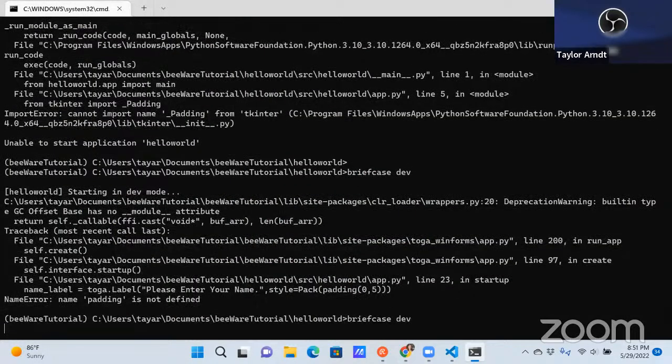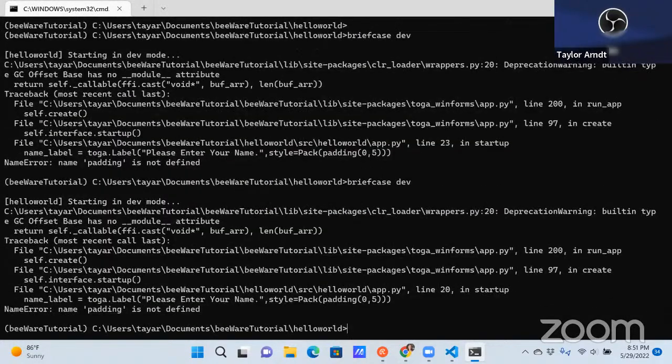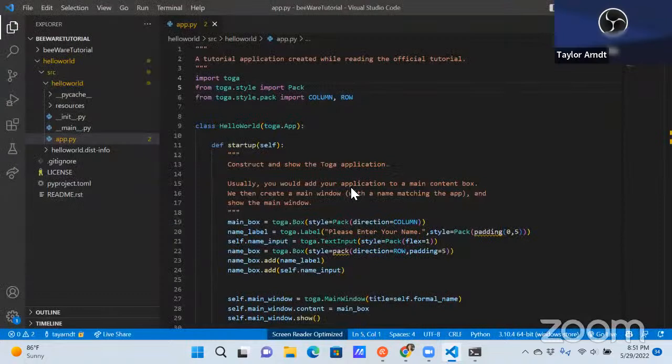Running briefcase dev, starting in dev mode. I had a problem. And we're back now. NameError: name 'padding' is not defined. Okay. Meeting control app, import from toga.style, from toga.style import pack, from toga.style.pack import COLUMN, ROW, class HelloWorld, def startup(self):